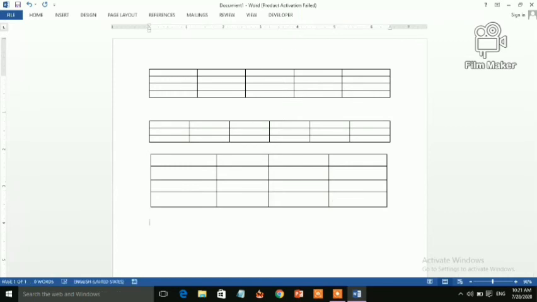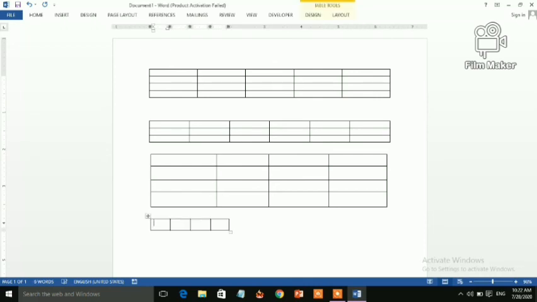Okay, so I will show you another shortcut, an easy way to create a table. Here I have typed plus and minus, then again plus and minus, then minus and again plus, again minus and plus. Can you see? An easy way to create a table.